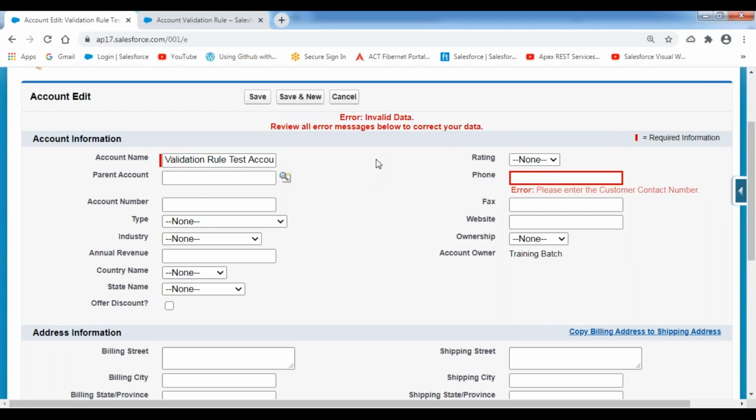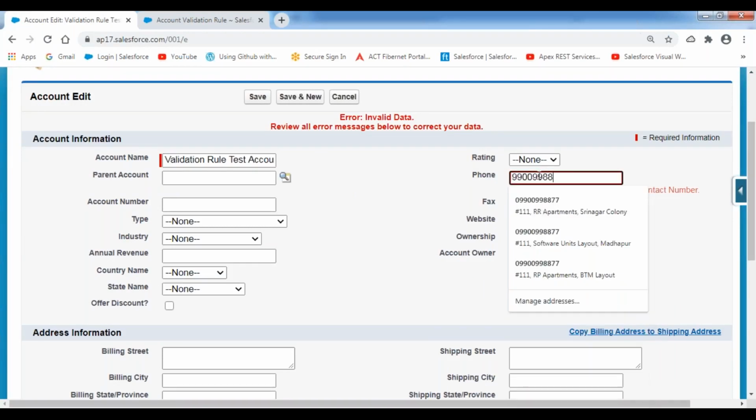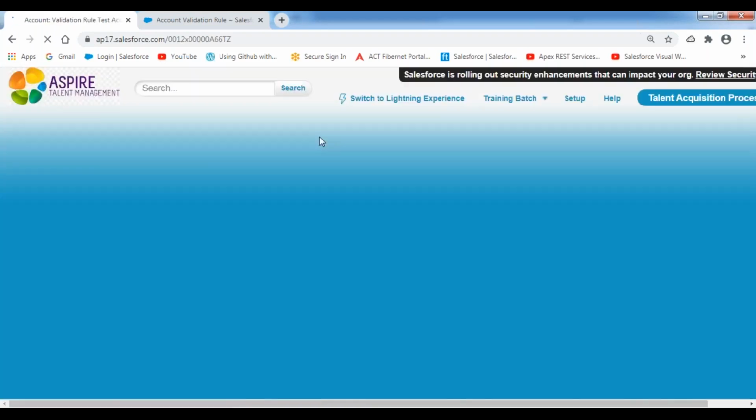So whatever the contact number that you are going to enter, please provide it. Don't leave that field empty, make that field mandatory. That means we can enter the phone number inside my account record upon creating a new record inside this object. Until you provide the phone number value, it won't save your record. It will keep on displaying that error message, even when you click on the save button again. I want to enter the phone number right now. I have entered the phone number. Now click on save button. Now it is saving your record.